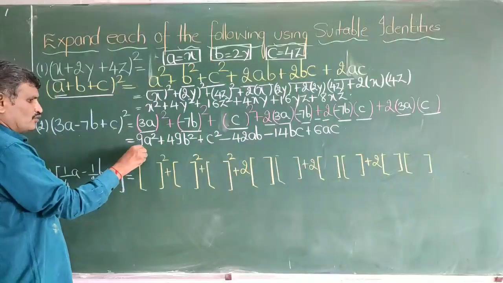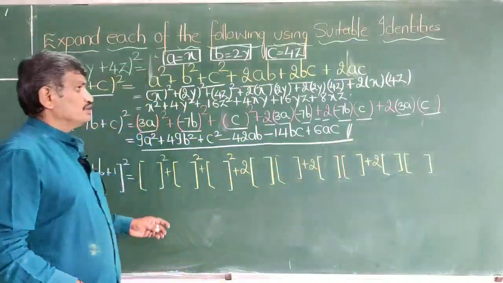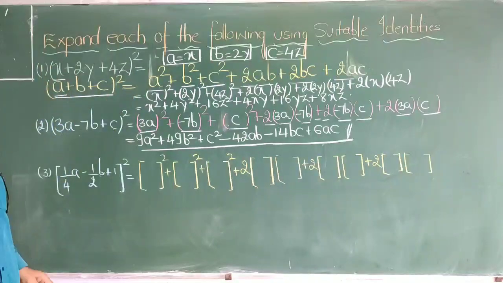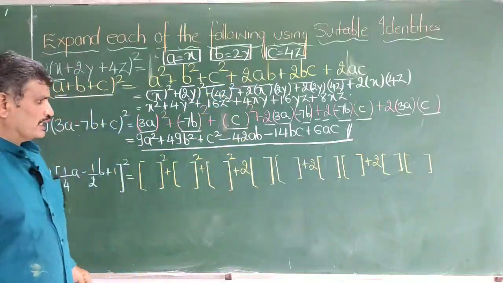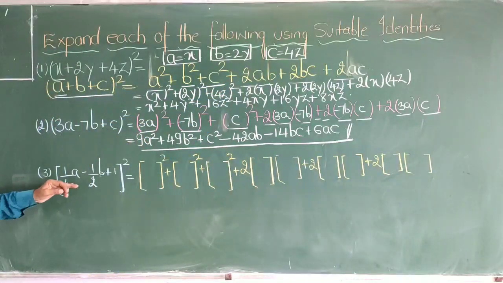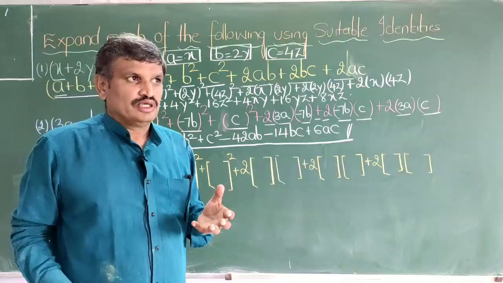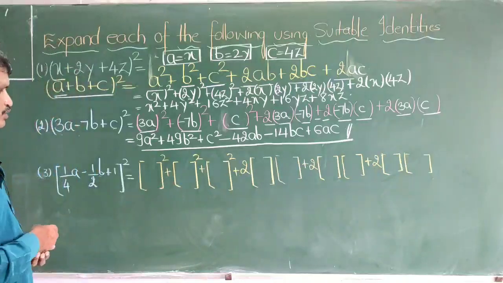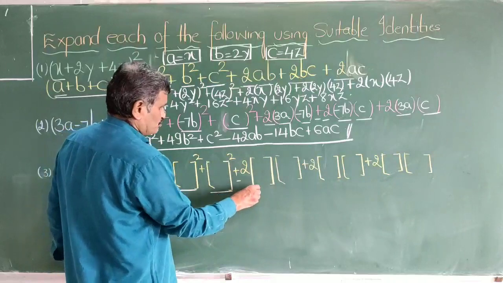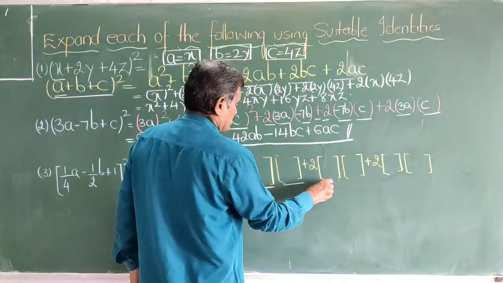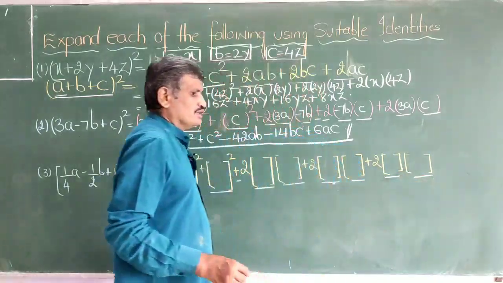So children, this is how we can solve the problem by using the formula a plus b plus c whole square. Directly I am using it here without doing it by this method. Again the next problem here, you see 3 terms are there and you have to square it. That means it is the square of a trinomial, and if square of trinomial is there, already I had told you the method. First term square plus second term square plus third term square plus 2 multiplied by first term second term plus 2 multiplied by second term and third term plus 2 multiplied by first term and third term.